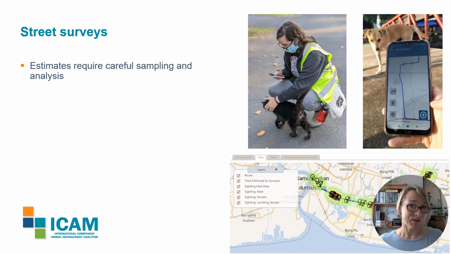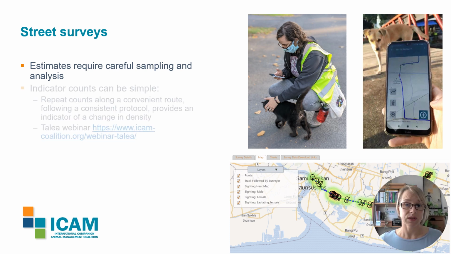I'm a big fan of street surveys because they can be really affordable and provide data for several indicators. I think some people are nervous of street surveys because when they're used to calculate an estimate for the dog or cat population size, there are complexities. You need to be careful how you set up your sample and be sure of your subsequent analysis, and there are several options for that analysis, so you do need a bit of experience. But there is a simple option for street surveys.